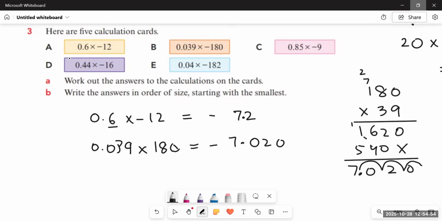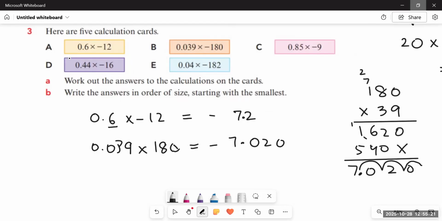You don't need to do anything. You don't need to get confused. If you would have multiplied it with 0.039 or 39, your answer would have been 0702. Then what would you do? You will move the decimal 3 places backward. Your answer would be 0.702. Then you have to multiply it with 10 as well because it's not 18. It was 180. So I just asked you to multiply it with 180 so as not to get confused. That's all.